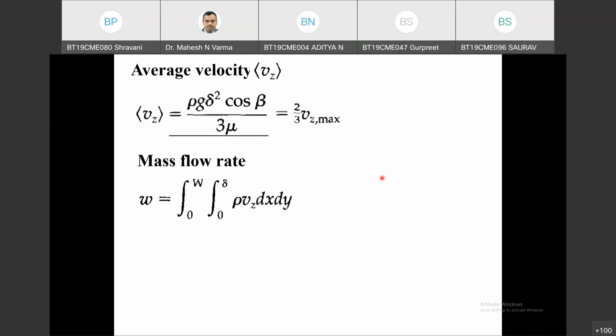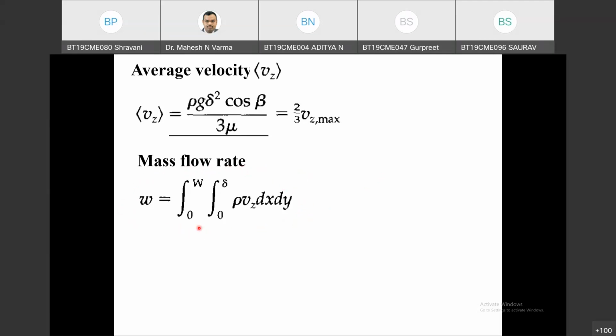Sir, density is mass upon volume, and the velocity is in the z direction, and dx dy are becoming area. Then area into that z direction is becoming volume, and velocity already has the unit of length upon time. So that is volume upon time, then the volume in the denominator of density will cancel, and ultimately it will become mass upon time. Okay. So now, Aditya, can you just tell me